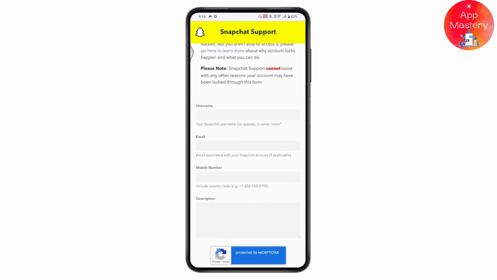So you need to enter your username on the first blank, and then the email address on the next, and your mobile number on the third blank. And under the description, you need to write that hi Snapchat team, and not being able to log into my account. So while logging into my account, it says that I have violated the community guidelines, but I have not violated any community guidelines. And you need to simply write the feedback or the problem, express the problem, and then